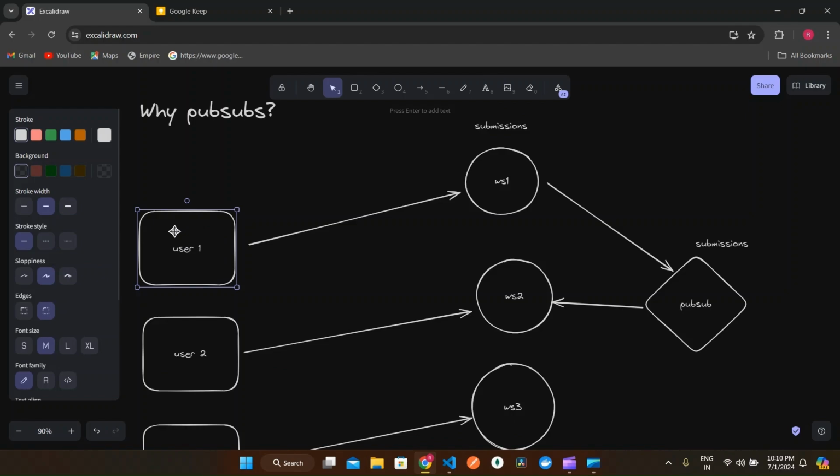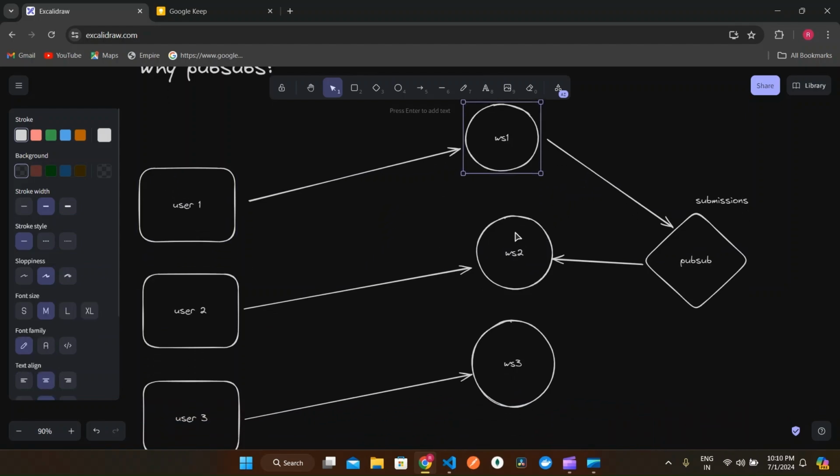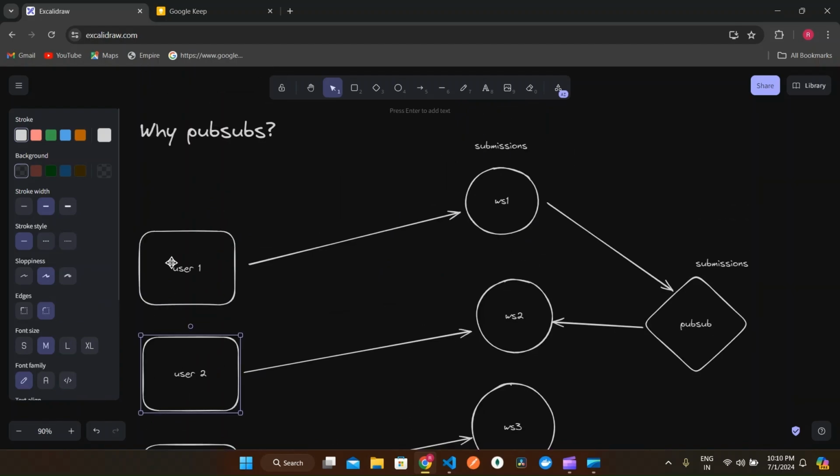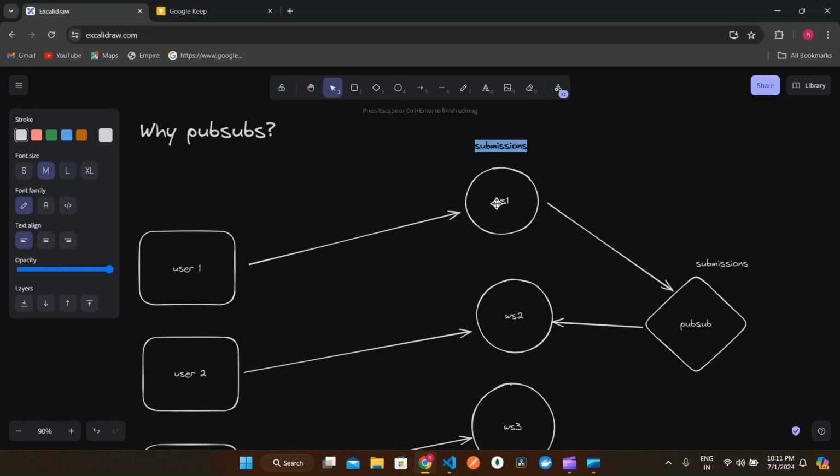For example, a user lives in India and is connected to this WebSocket connection. Then another user lives in USA and is connected to WebSocket 2 connection. So if this user wants to send a message to user 2, then this WebSocket connection and this WebSocket connection can subscribe to the same topic, for example, message. And this PubSub connection can send requests to that topic,